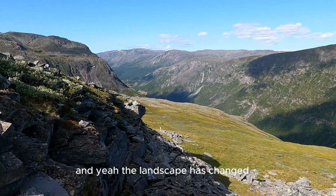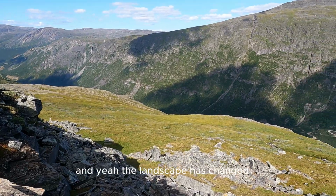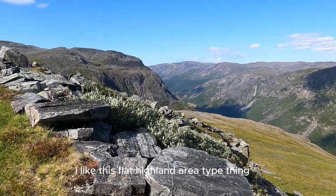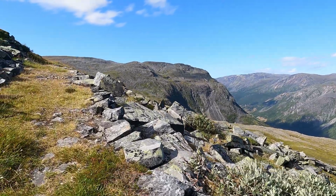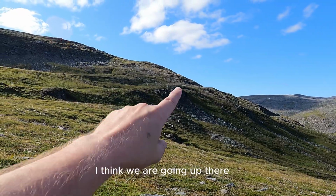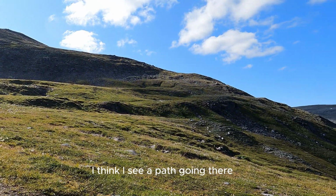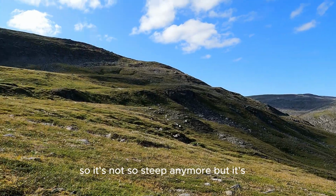And yeah, the landscape has changed. I like this flat highland area type thing. I think we are going up there. I think I see a path going there. So it's not so steep anymore, but